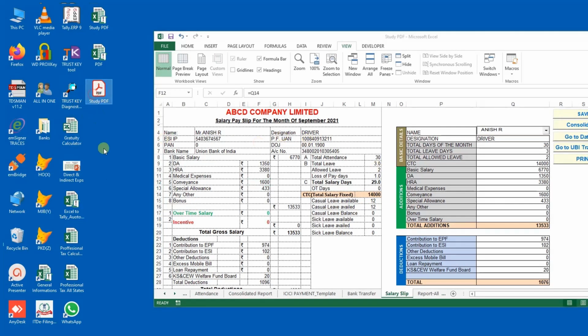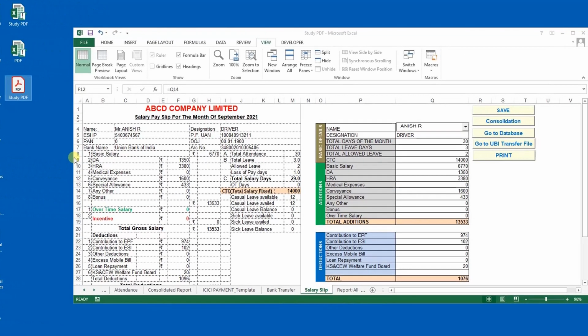Now see, PDF created. So Control Q we assigned as a shortcut key. Whenever you click Control Q, it will automatically create the PDF. Now I think you may understand the need of that shortcut key. Now you are using this Excel file and you know this shortcut key, Control Q. But if somebody else is using this file, how will they know the shortcut key?